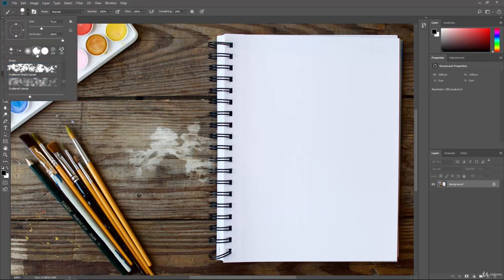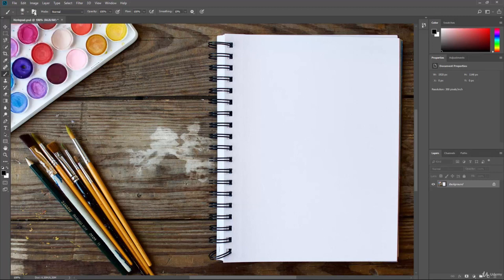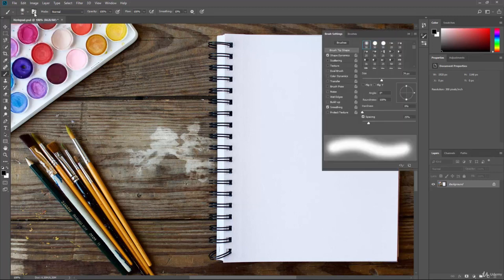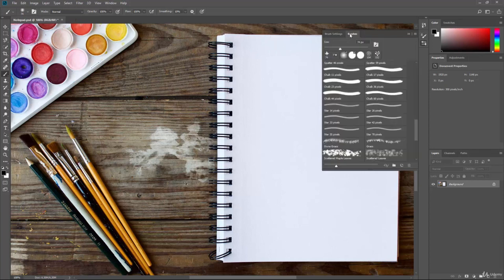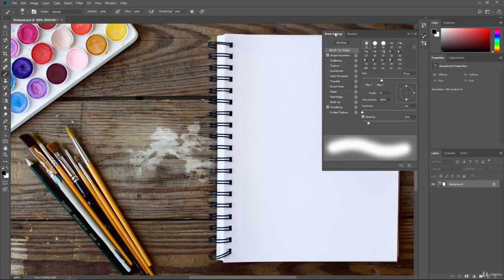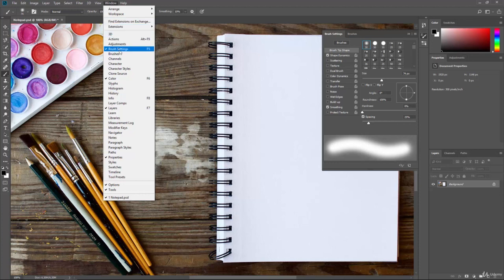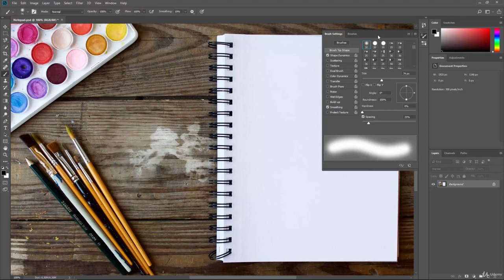but that is how you can change your brush. And then we have our commonly used brushes here, and our presets, we'll just go to the basic one that we had. We also have this little icon here, which when you click that, it'll open up the brush settings tab and the brushes. So here you can see your options a lot easier. You can also access this by going to Window and hitting brush settings or brushes. It'll open it up as a group, or hitting the F5 key if you're using brushes often.